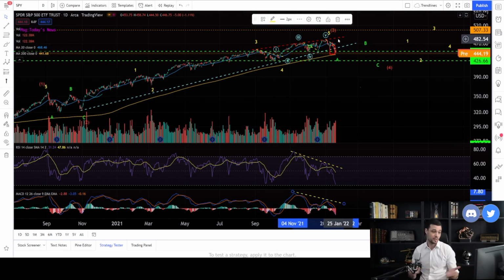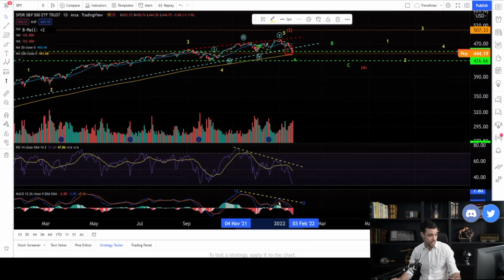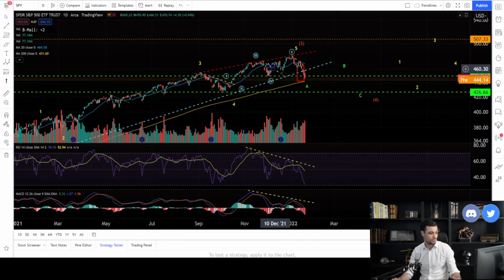Bulls are tired. Let's quickly have a look at the volume. Usually volume is decreasing in these periods. Here it was not obvious, guys. Not obvious at all. The volume was stable, so we didn't have the information coming from the volume, but we had the information coming from the momentum.